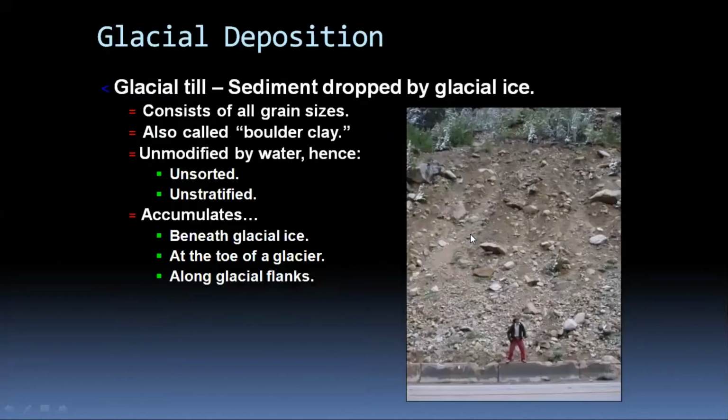Okay, glacial till are the sediments that are dropped by glacial ice. It contains size of all types, like you can call it as a boulder, then maybe you have some gravel here and there, and then sands, and then maybe clay and silt. Well, it contains the deposits of all types, and sometime we also use a very specialized term for these type of deposits. We call it as a boulder clay.